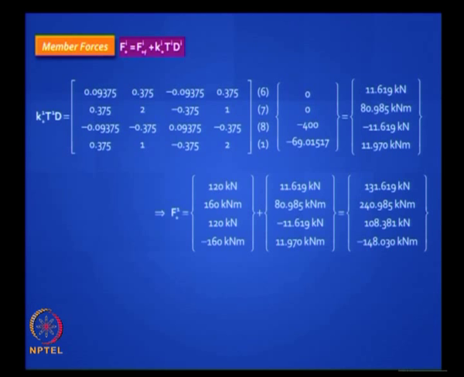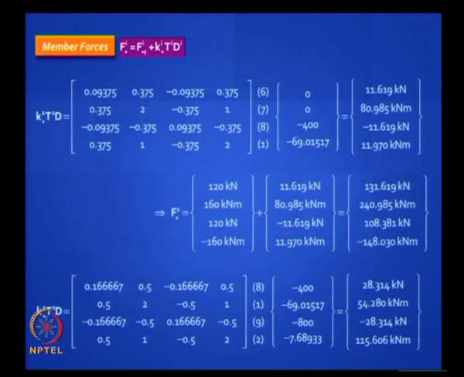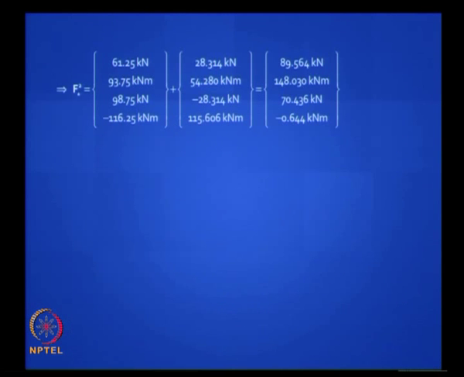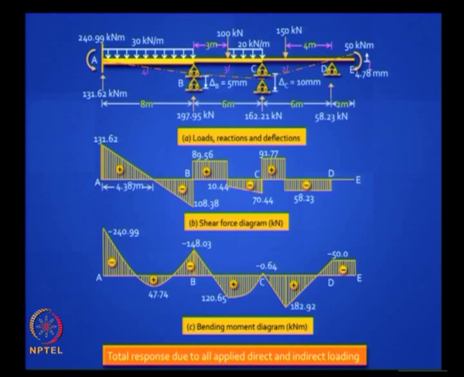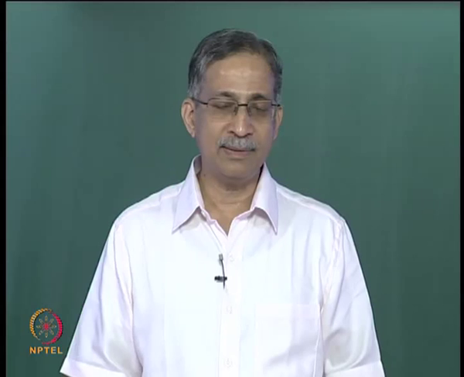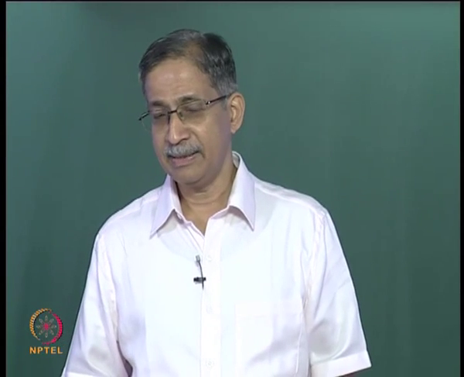Now these are the slope deflection equations that I talked about. Invoke those equations, you will get the element end force vectors. You have to do this for each of these elements and you get the answers for the first element, second element, third element, fourth element. Interpret the results, draw your shear force diagram, draw your bending moment diagram. You have got everything. Is it clear? Just a demonstration of a slightly difficult problem with 5 active degrees of freedom.